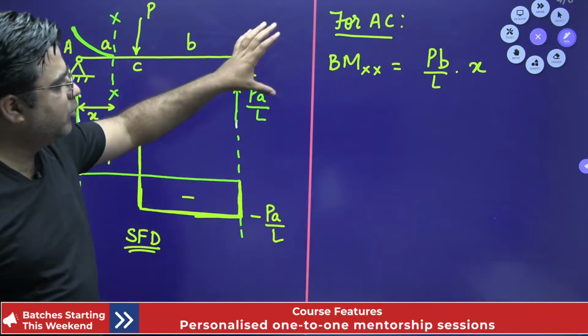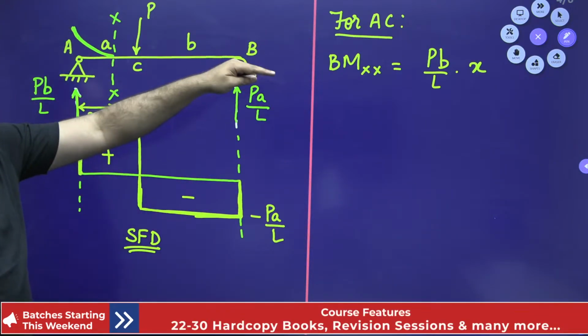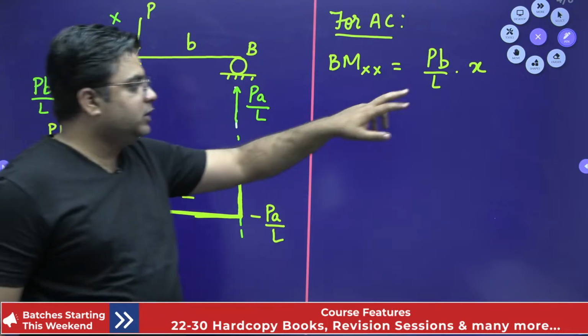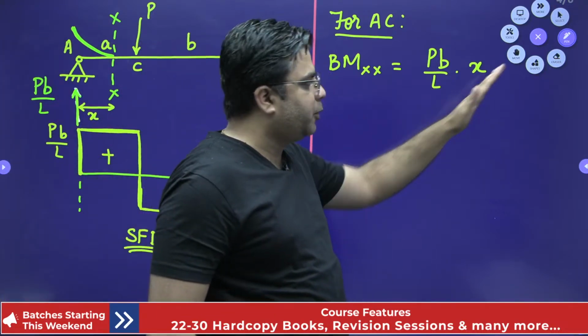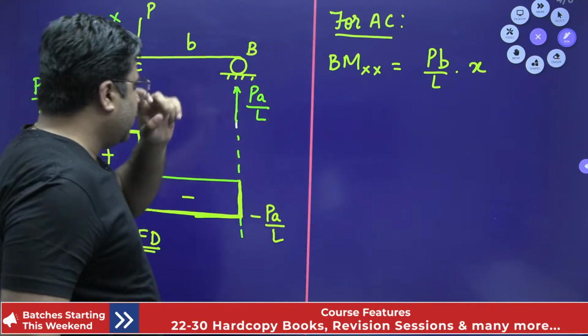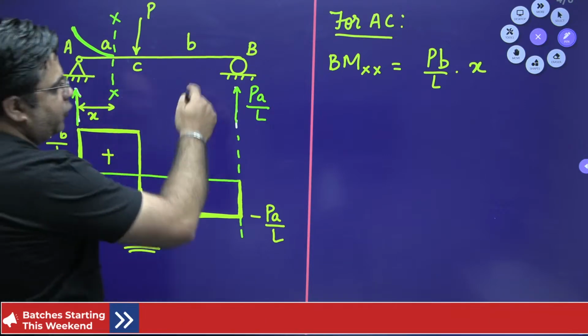That is the bending moment for span AC: PB by L into X. Now this is the equation of a straight line with a positive slope, okay. Now moving to span CB. For span CB,